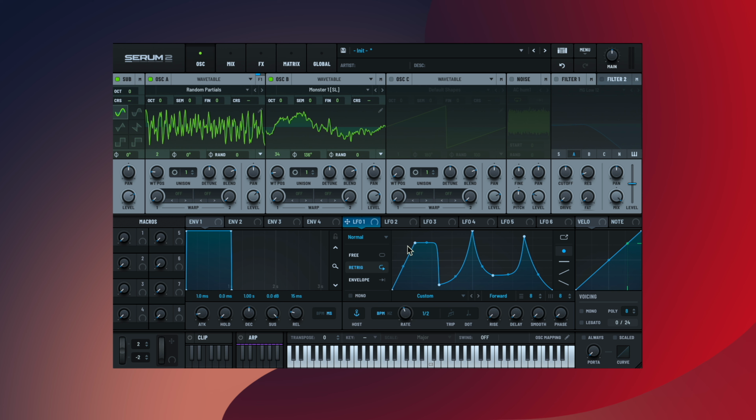Now we have this right here. This is what I have. Now, once you have your shape, go ahead and throw LFO1 onto the wavetable position of oscillator B. Throw that outer dial to 51%, I believe. Yeah. And then go ahead and throw LFO1 onto the wavetable position of oscillator A and throw that outer dial